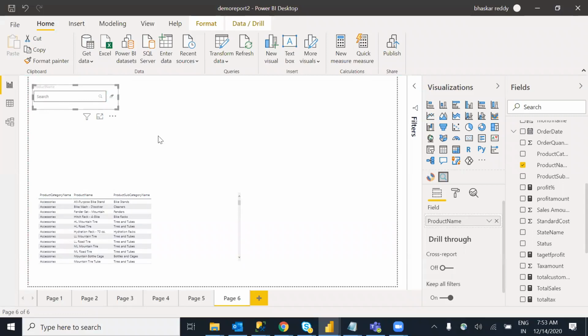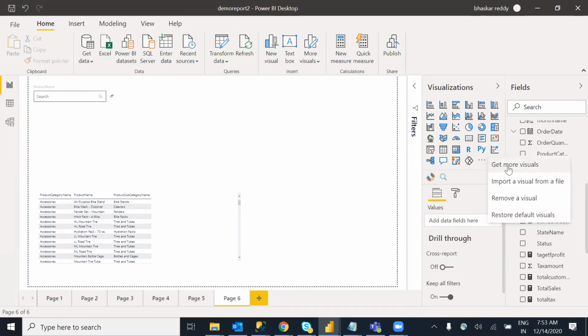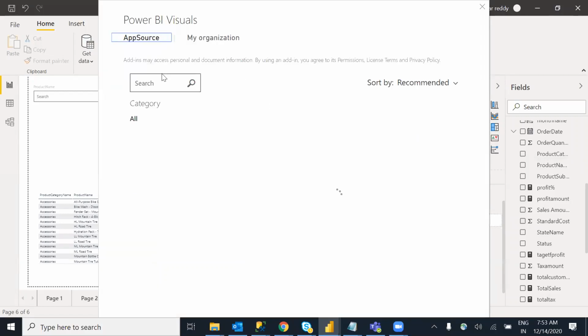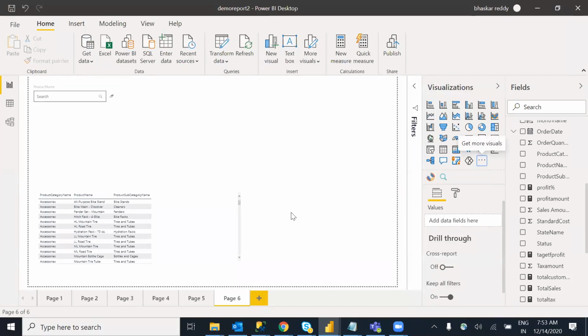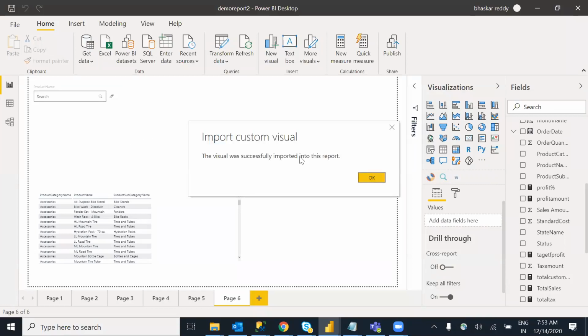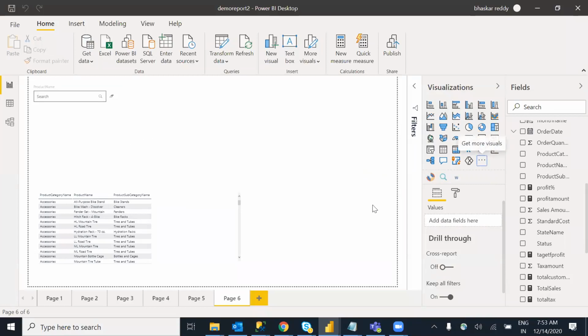So we have a search box over here, a text search. Or sometimes, in Tableau kind of thing, most of the time we can see this visual, a text word cloud or something. The names, product names or product category names, I want to display in one of these. Sometimes we can see country names and all these things. We have a word cloud.